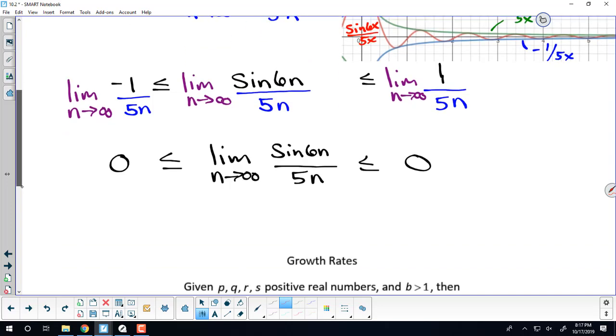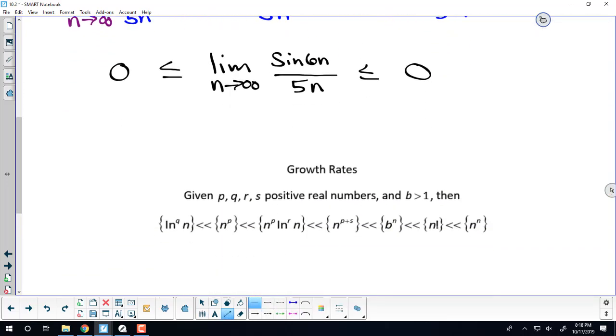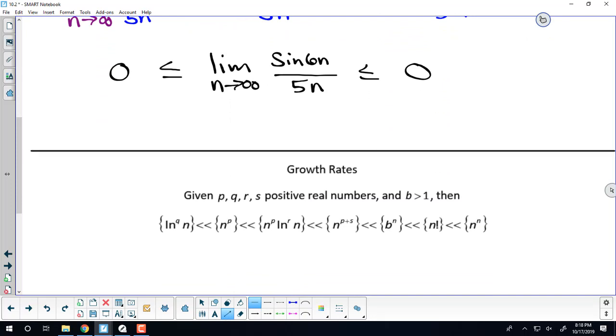Okay. So the other thing that's super helpful that you may or may not have talked about in Calc 1 was the idea of growth rates, comparing certain functions to other functions and classifying them, saying that this function grows faster than this function and this function grows faster than both of those. That's the idea here. This double less than,